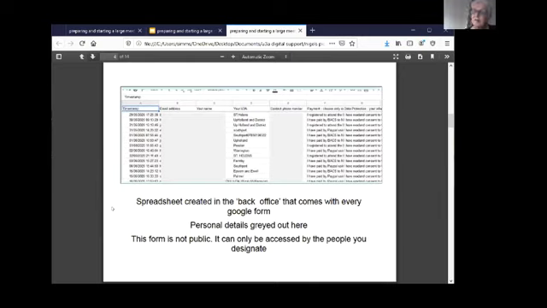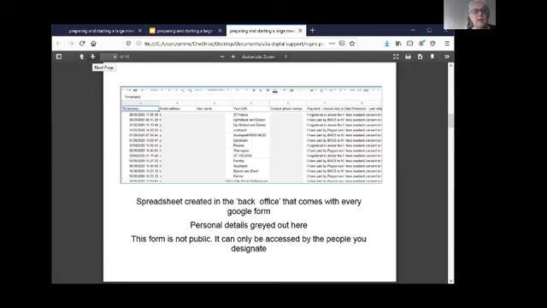Just to emphasise, it's private. Nobody else can see it. When you enter information as a user on these forms, you press submit and it's gone. Nobody else sees it apart from the person who created the form. The person who created the form in all of these systems, or at least the systems that are worth using, can designate other people in their group or organisation to access that data. So again, for U3A committees, that's particularly useful.